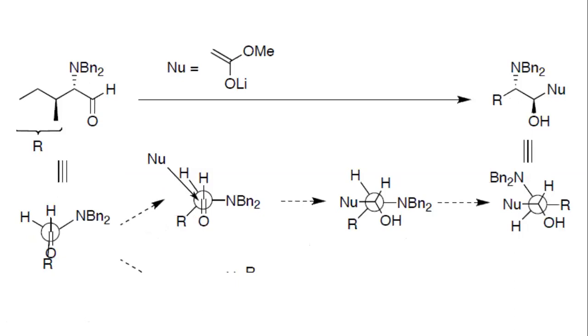In the next example, we have a chiral reactant. In this case also we have an alpha chiral center, but how different is this alpha chiral center? This alpha chiral center now contains a heteroatom, or electronegative atom. This heteroatom is now the nitrogen. Whenever a heteroatom is present on the chiral carbon, that substituent bearing the heteroatom must be taken as the larger substituent.